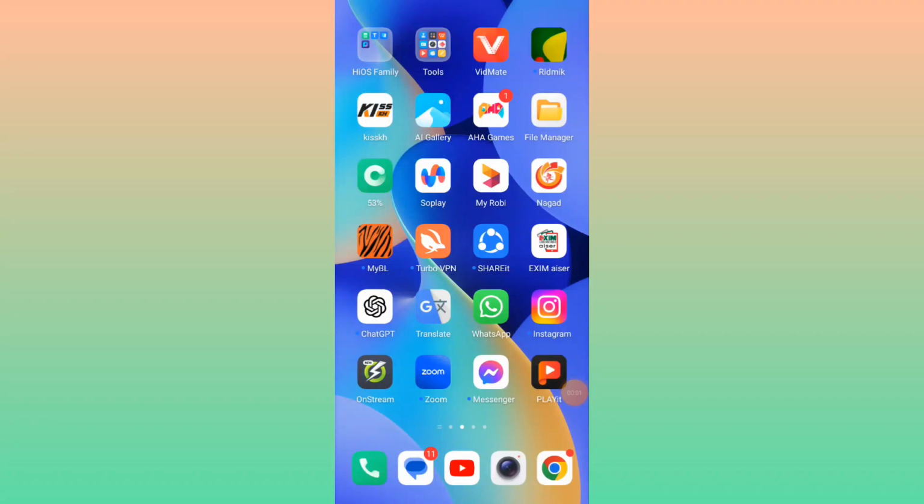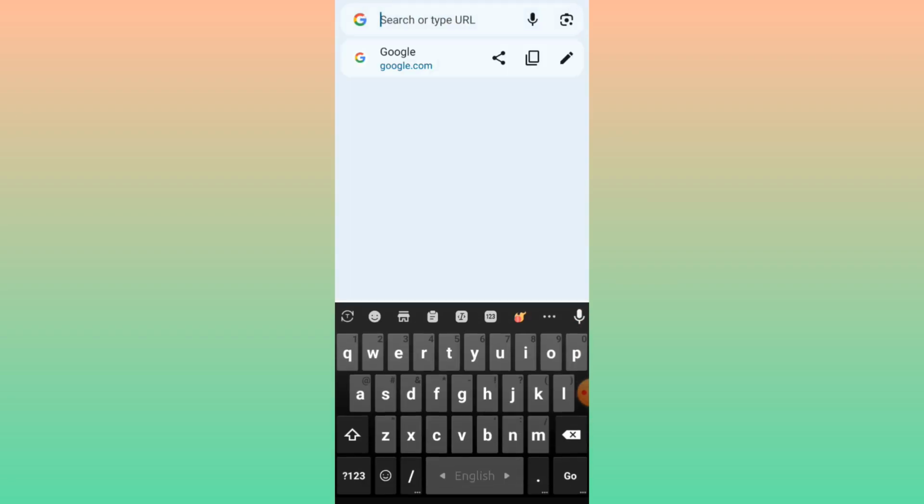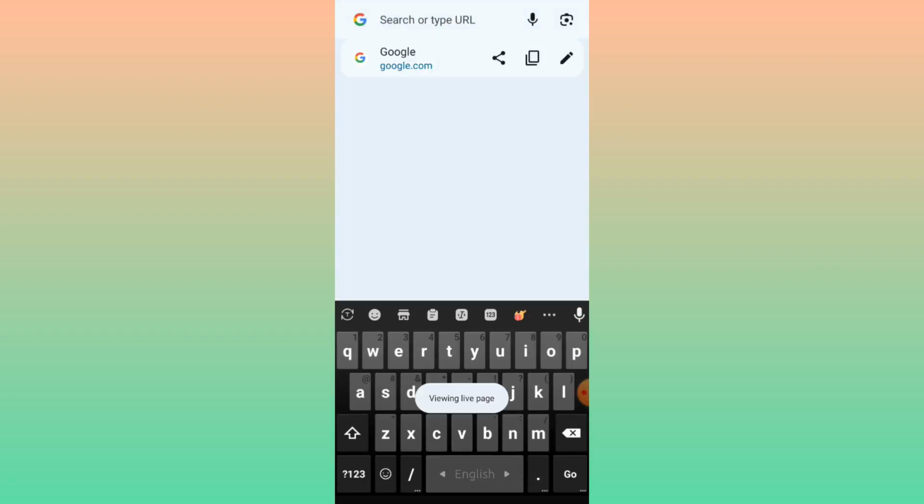In this video I am going to show you how you can send a file through your Messenger. For sending a file through your Messenger, you have to simply go to your Google Chrome. After coming to Google Chrome, you have to search for